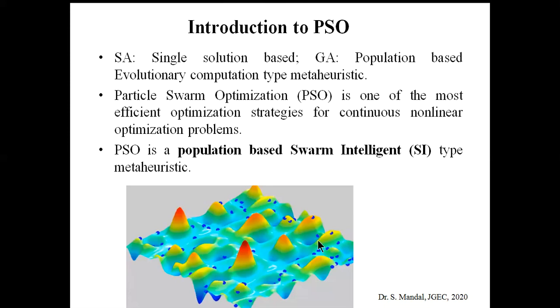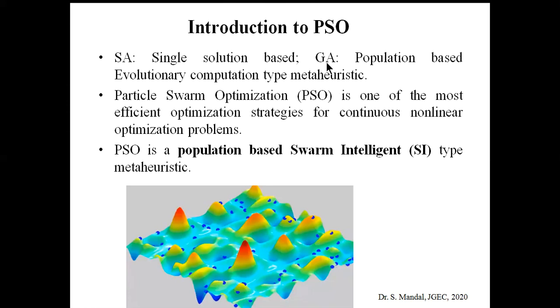the initial solutions. Okay, so if it is a single solution based metaheuristic, then we shall consider only one solution during the iteration, and it will try to reach this point. However, in case of a population based metaheuristic, all the solutions will try to reach the global optimal point. As the algorithm is initialized with a number of initial solutions, there is always a greater probability to reach the global optimal solution for a population based metaheuristic.